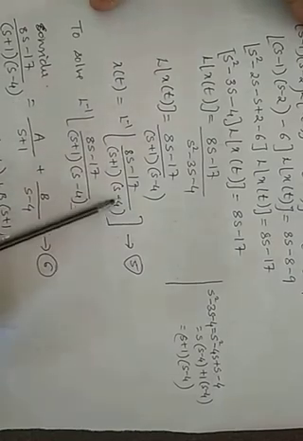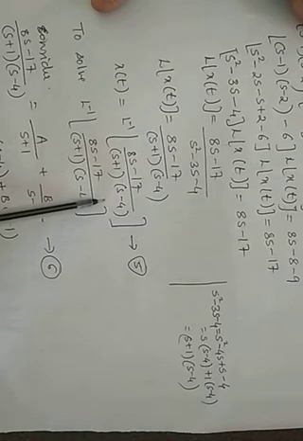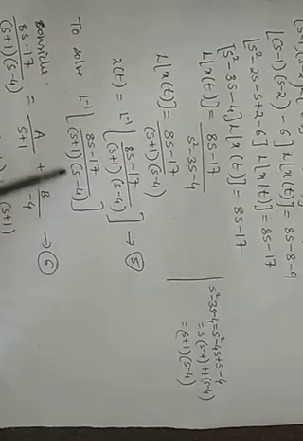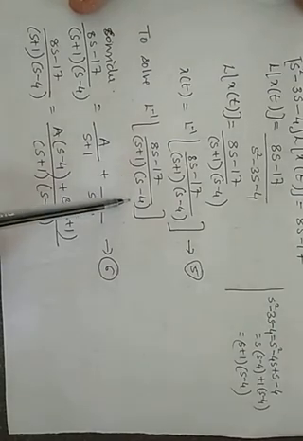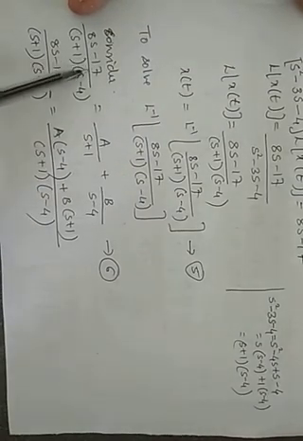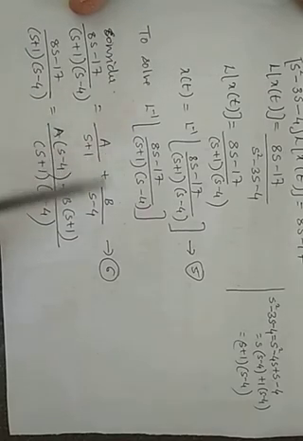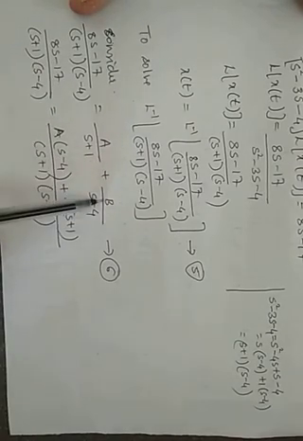So L inverse, if I have to take, if you observe in the denominator there are a number of brackets, so I will go with the partial fraction method, which you have already learned. So I'll consider the inside term first: 8s minus 17 upon (s plus 1)(s minus 4). Bracket power is 1, s power is also 1, means for each bracket you consider one arbitrary constant. So 2 brackets, so 2 terms.